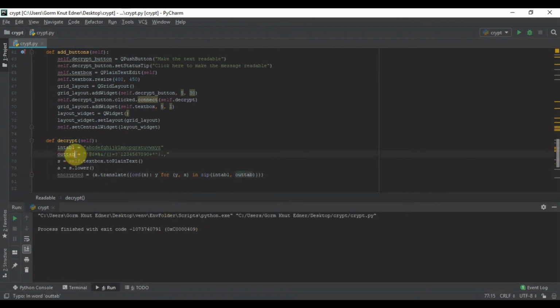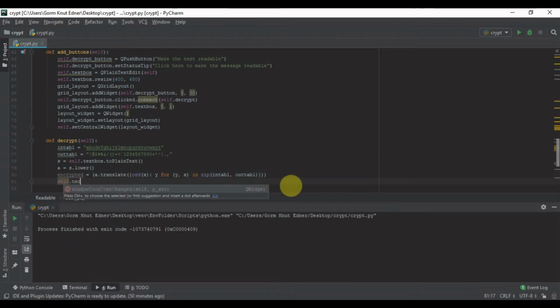Let's call them both of them 1, because why not? And then we will clear the text box, so self text box dot clear,